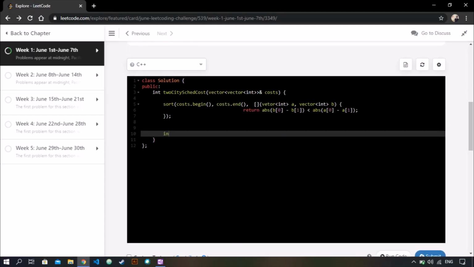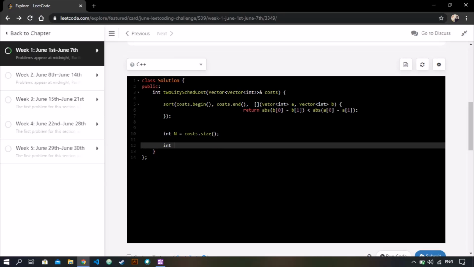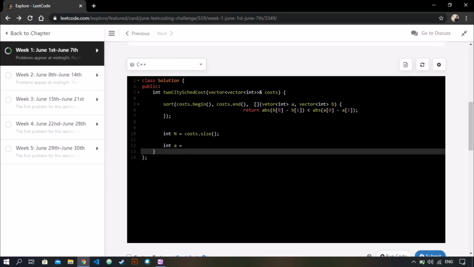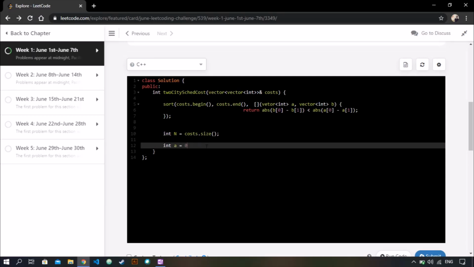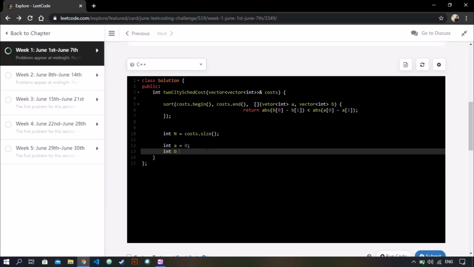Okay, so now what we do is n will be the costs size, also the number of people going to each city, and now what we do is we initialize, let's say it a0 and b0.